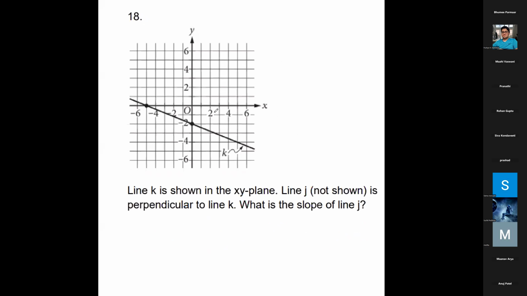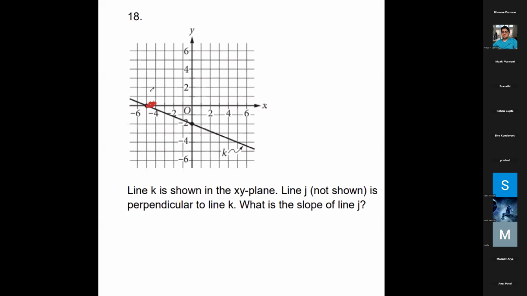Okay, so for question 18, it says that line K is shown, line J is perpendicular to line K. So parallel would mean that they have the same slope. Perpendicular means they have basically opposite slopes. So let's just say that's like line J. So what is the slope of line J? I mean, this is definitely not accurate. Don't disregard that. But for this, we would just have to take the slope of line K, which would be, let me first erase this,